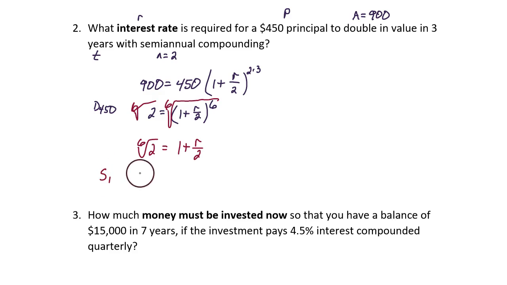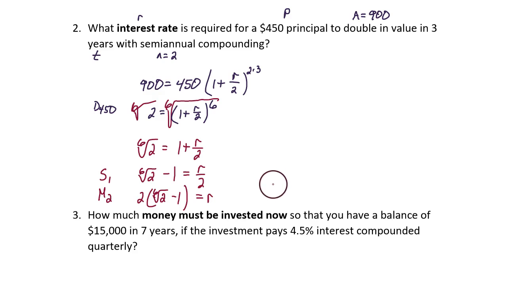Now subtract 1 from both sides. So we have the 6th root of 2 minus 1 is equal to R over 2. Then multiply by 2 on both sides. So we get 2 times the 6th root of 2 minus 1 is equal to R. Type this expression on the calculator to get the answer. Remember, when typing the 6th root, don't use the square root button. Use the button that lets you put in an index of 6. The answer is R equals